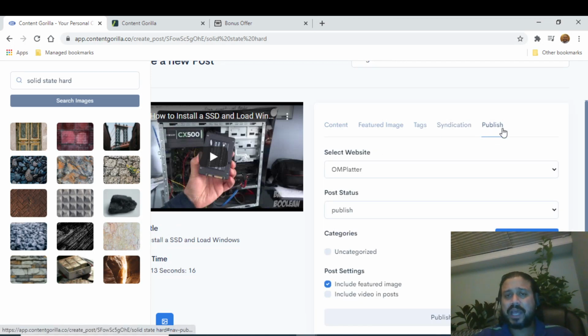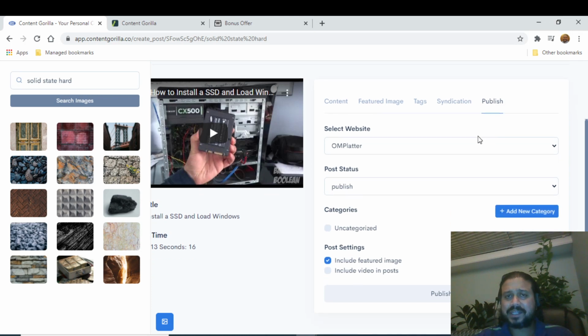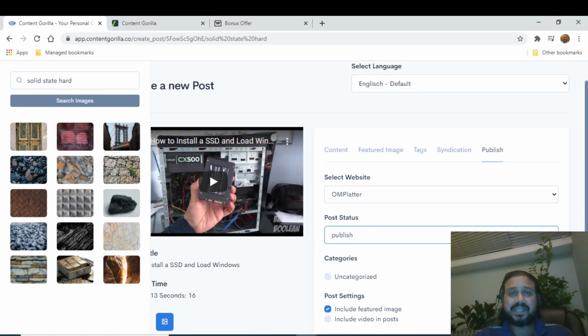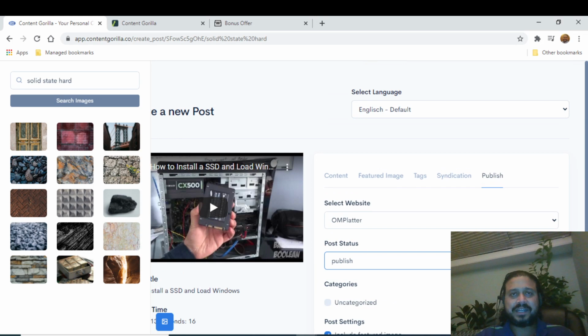And then finally, once you're happy, you can publish it. You can select the website, whatever you want to publish as post category, and then publish. Simple as that. That's it. Content done. Blogging is over.